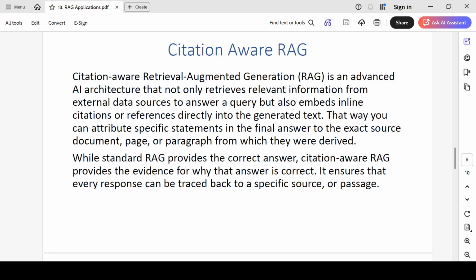So now in this video, what we'll do is extend that functionality by creating a citation aware RAG. Citation aware retrieval augmented generation is an advanced AI architecture that not only retrieves relevant information from external data sources to answer a query, but also embeds inline citations or references directly into the generated text. That way you can attribute specific statements in the final answer to the exact source document, page or paragraph from